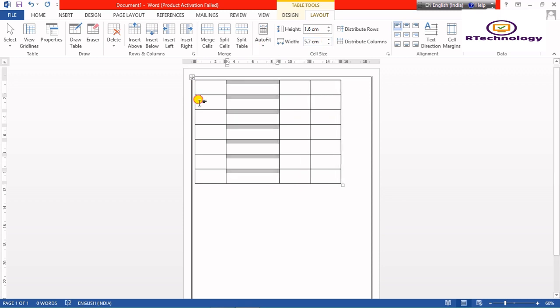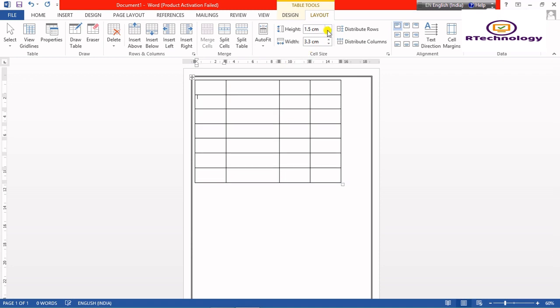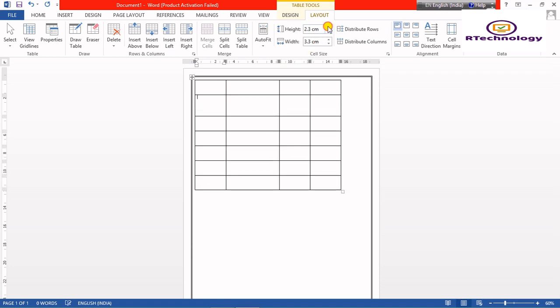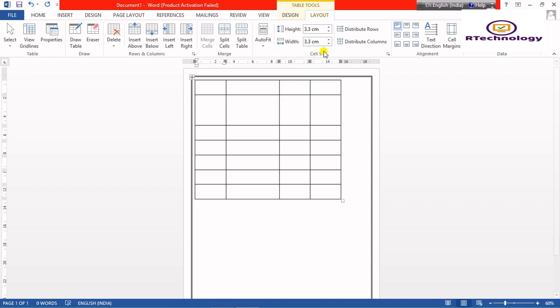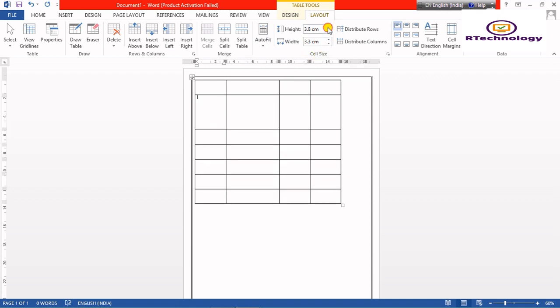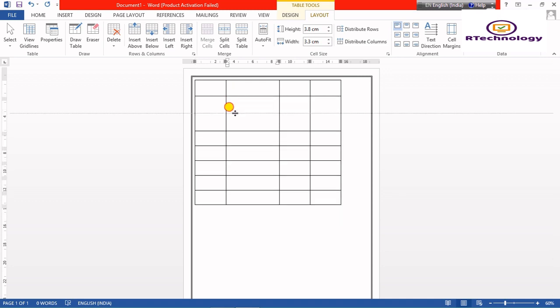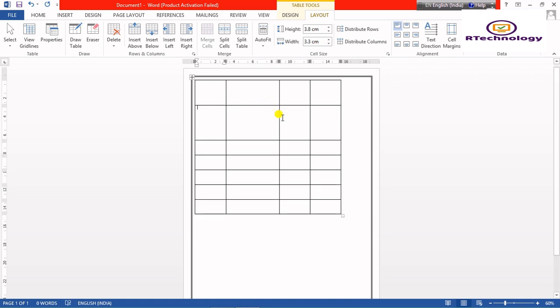Now I'm going to select this row and I'm going to change the height. See, I just have to click and then I can change the height and width. Simply I can do it with this plus sign also. So whenever I go between these lines, I will get this plus sign and I can drag this and change the height and width as well. See? Okay, so this is how we are going to insert a table.